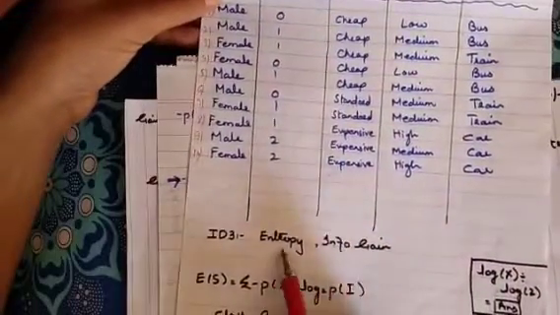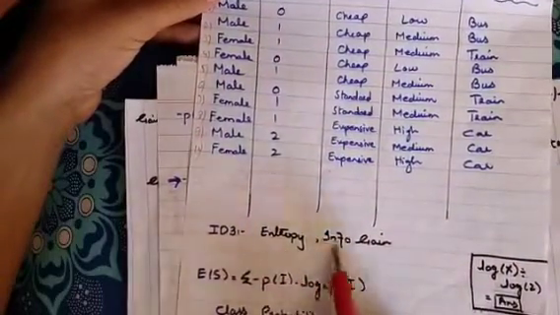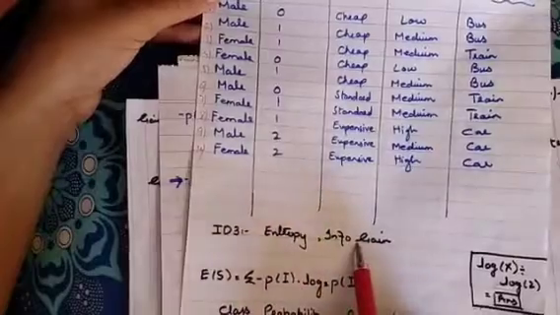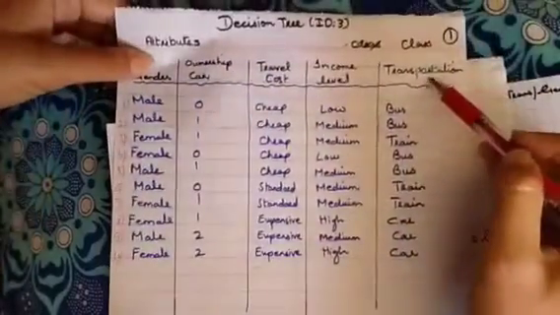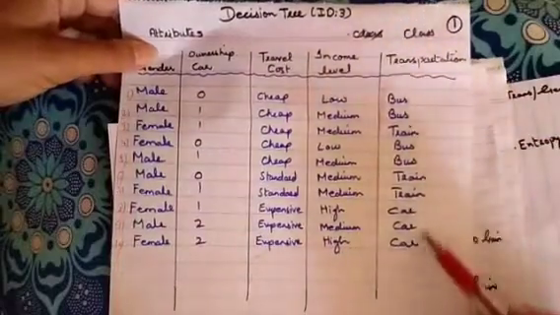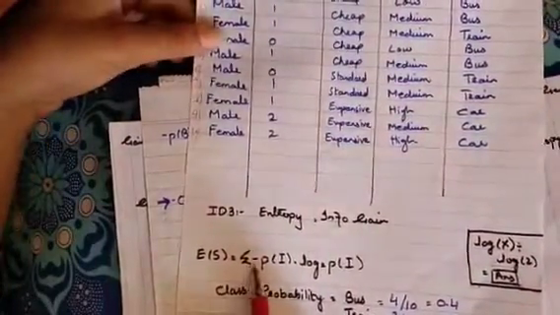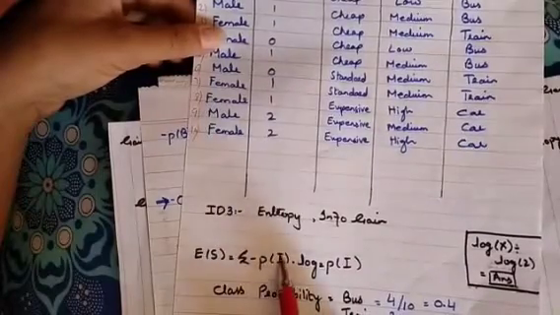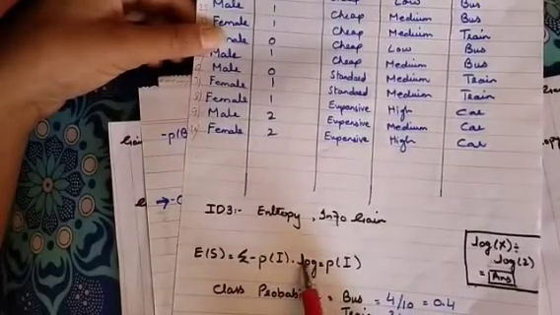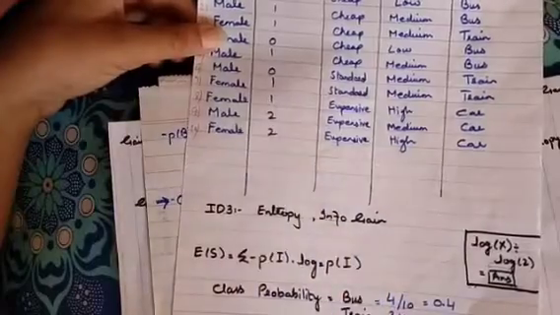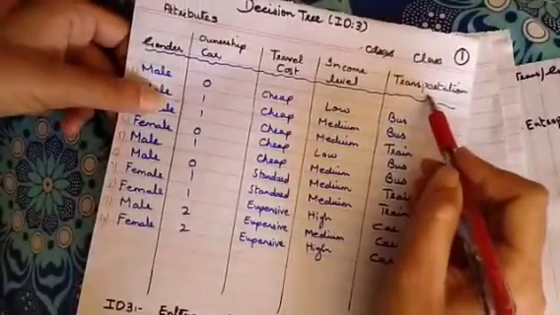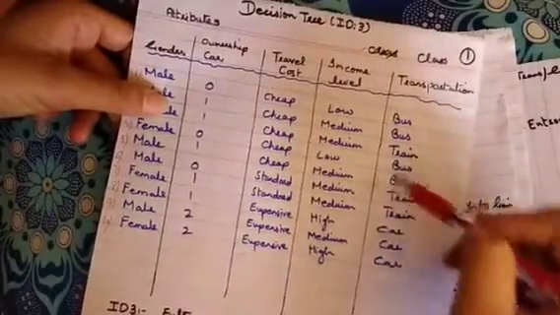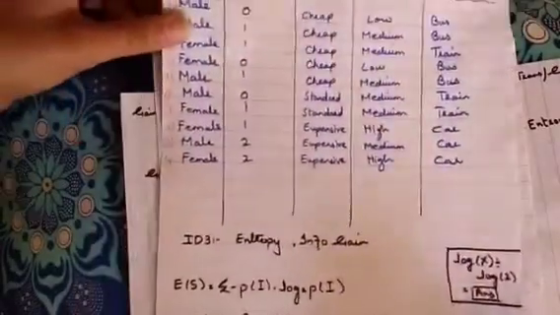But first of all, in the first step of ID3 algorithm, for calculating the entropy and information gain, you need to calculate the entropy of the particular class which is transportation for us, और उसके लिए formula था that was the summation of minus probability of I into log of 2 of P of I. ठीक है, तो let's just go for the calculation of the probability or entropy for this particular class of transportation.